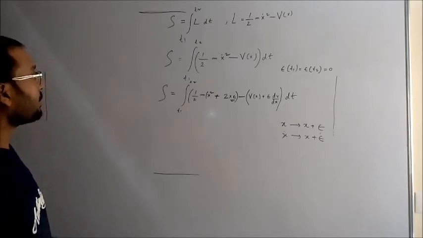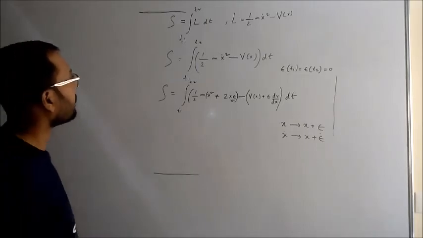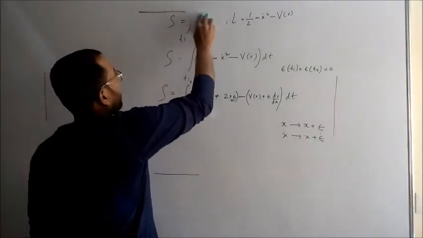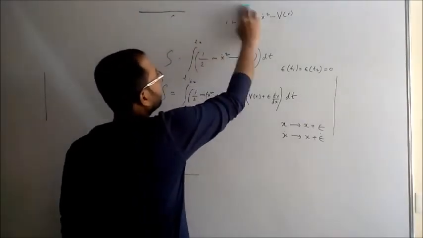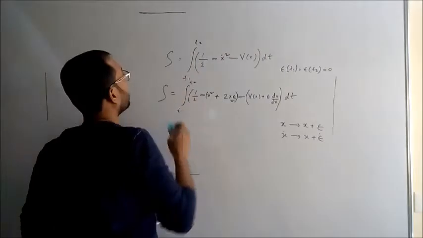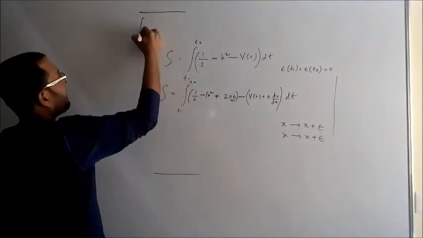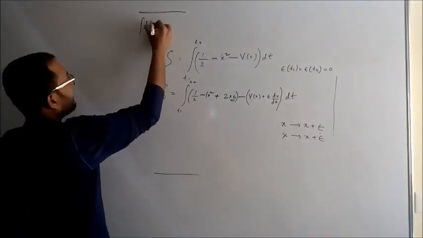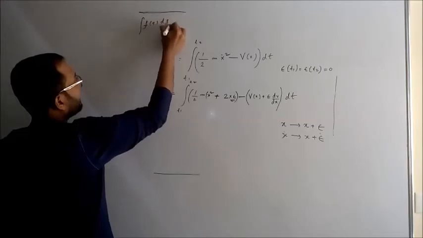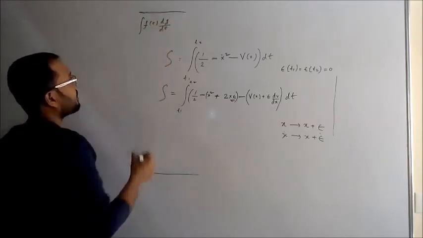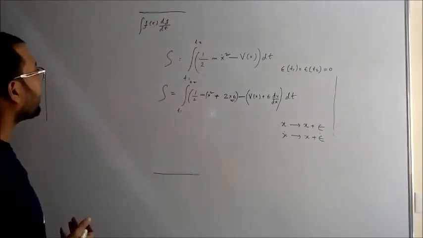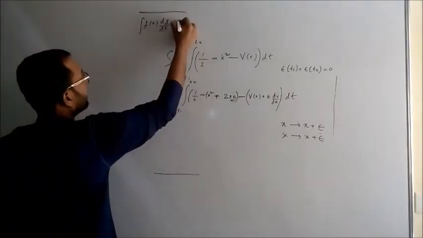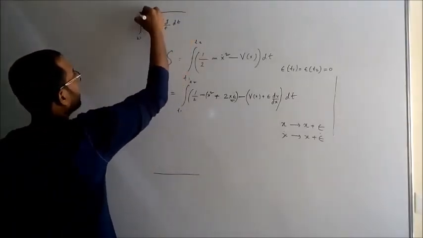And the formula that I'm going to use, I'll write down the formula for integration by parts here. Integration of f(t) dg/dt, g is a function of time, I'm not explicitly writing it out, dt from t1 to t2